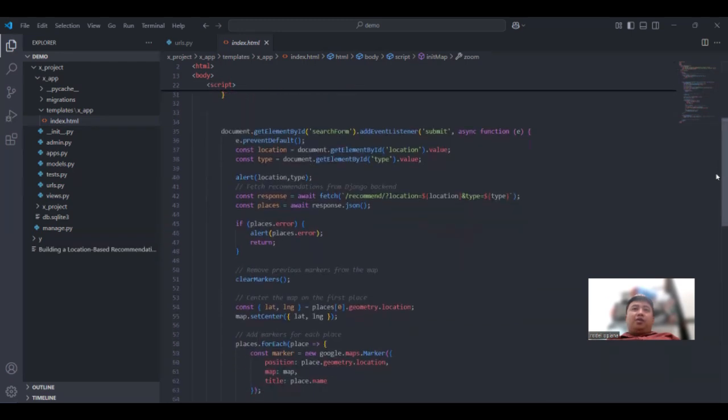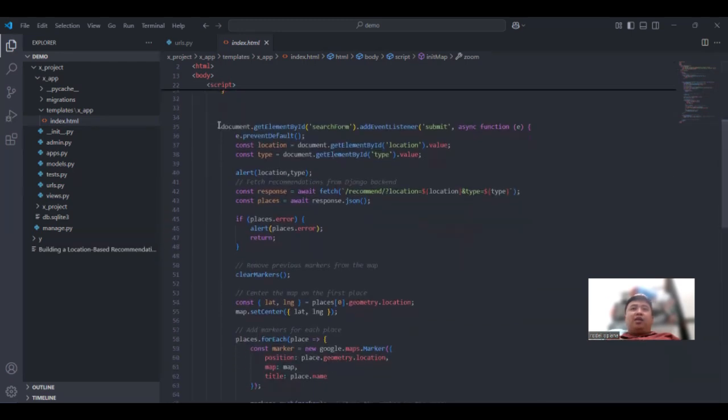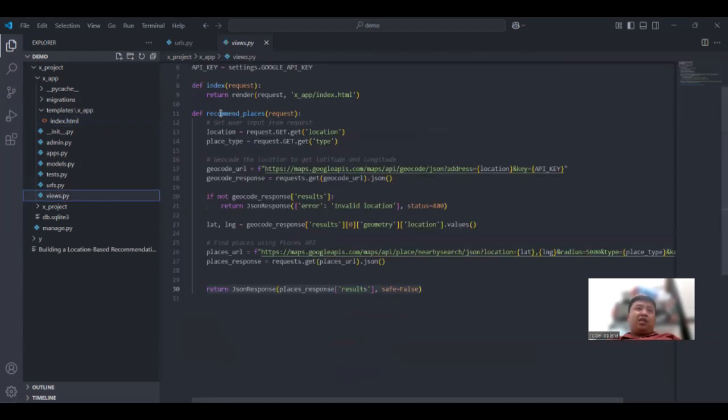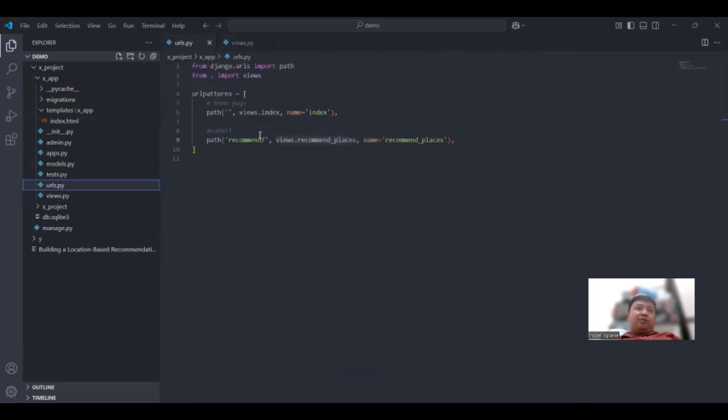Next, this is how we handle the search form. So if submitted, we're going to get the value of the text boxes and store it in these variables. And then we're going to fetch the recommend part. So that will be right here, the recommend places inside the URLs recommend.